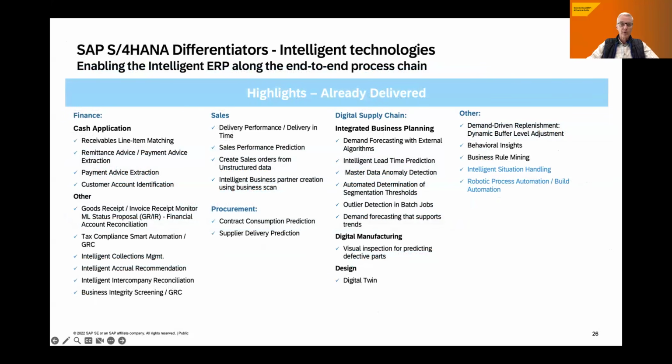Which gives you an overview of the intelligent scenarios that we have already delivered with SAP S/4HANA. As you can see, it's going across all kinds of applications: finance, sales, supply chain, etc. And as you've certainly heard in the press, we keep working to build out those and, of course, to add new scenarios, making use of large language models, Gen AI, and whatever new technologies are coming around the corner. Next slide, please.